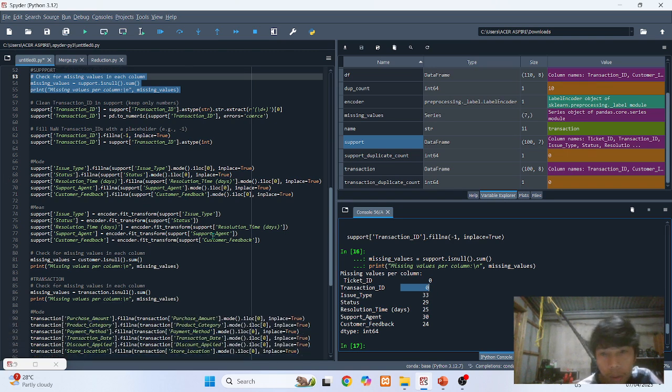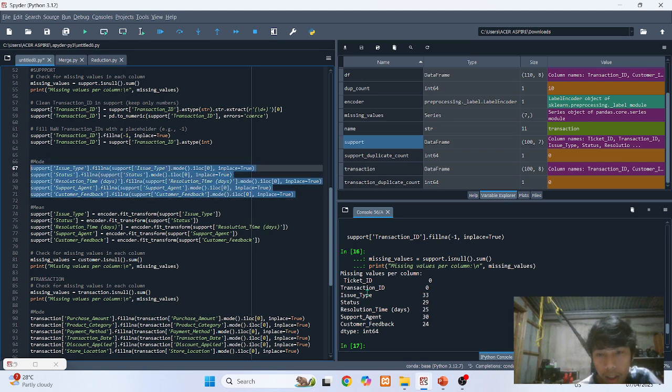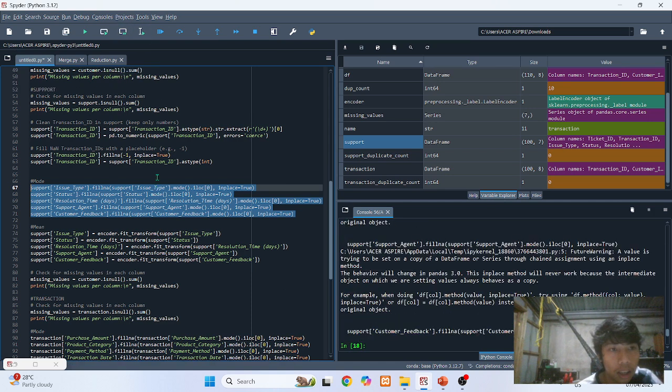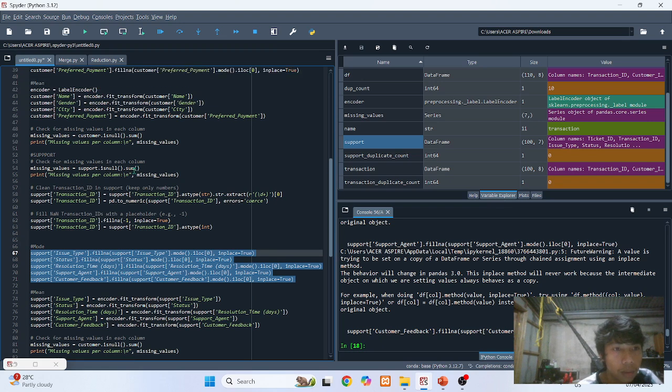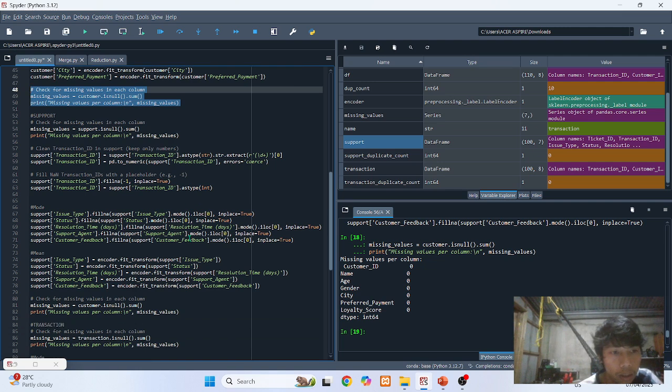We're going to fix the issue type, status, resolution time days, support agent, and customer feedback. We're going to use mode in order to fill in the missing data of the rest of the columns. After we run this line of code and run again the count for missing data, there should be no missing data left. As you can see, all have become 0.